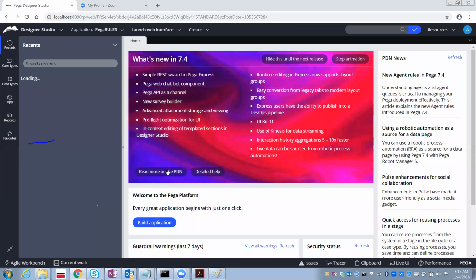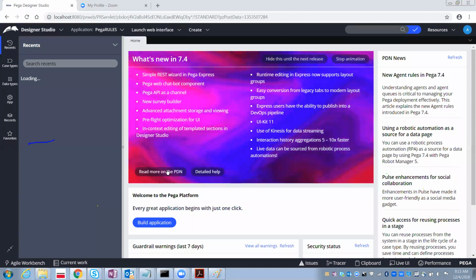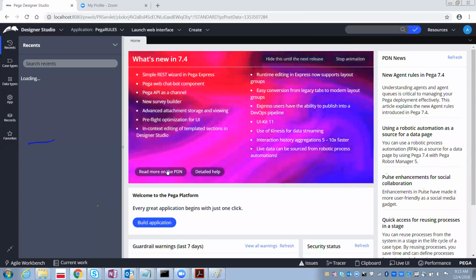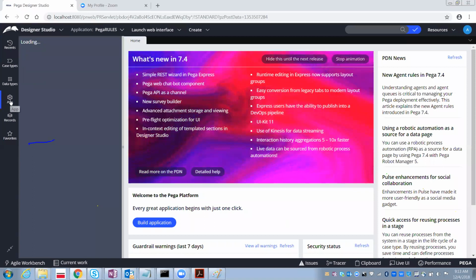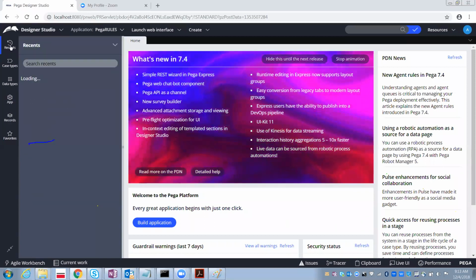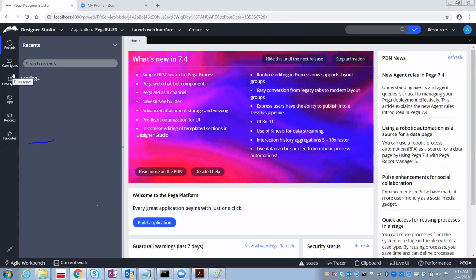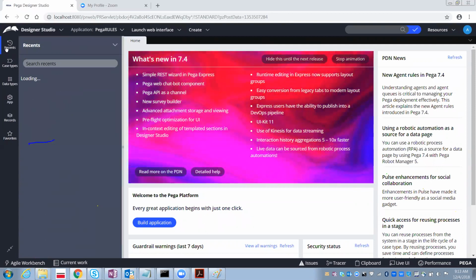But there is one more way to open that operator ID. Because I have just opened it, you can also see it in the recents category.